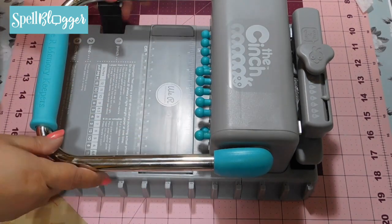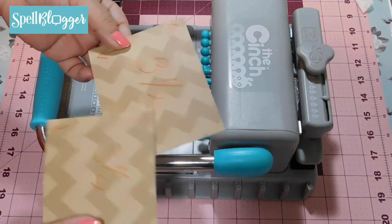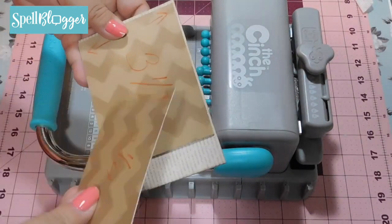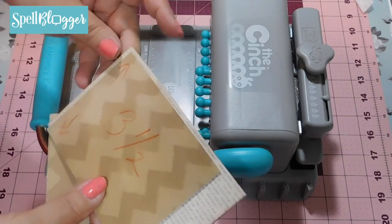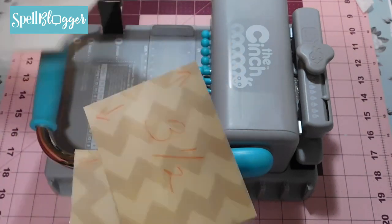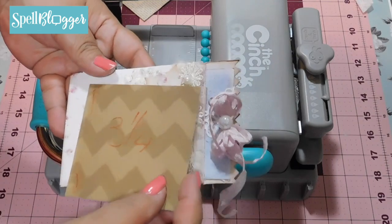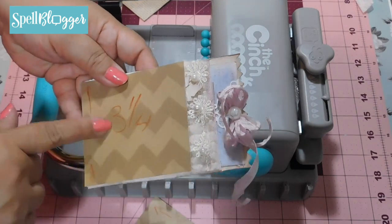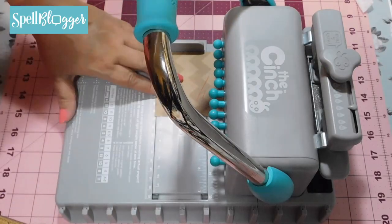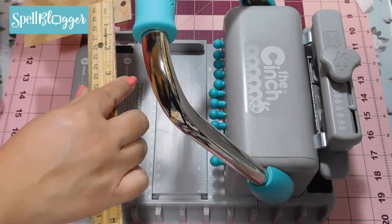For the binding, it is crucial that we get it right, which is why you want to cut a couple of pieces of scratch paper to the measurements of the width of what you're going to be binding. For example, the covers' width is going to be 3.5 inches. So I have cut some cardstock at 3.5 inches, and the width of the pockets inside is going to be 3.25 inches. So I've cut another piece at 3.25 inches. And this is why we want to do our scratch papers, because once we do this, we're able to take our ruler and see, okay,